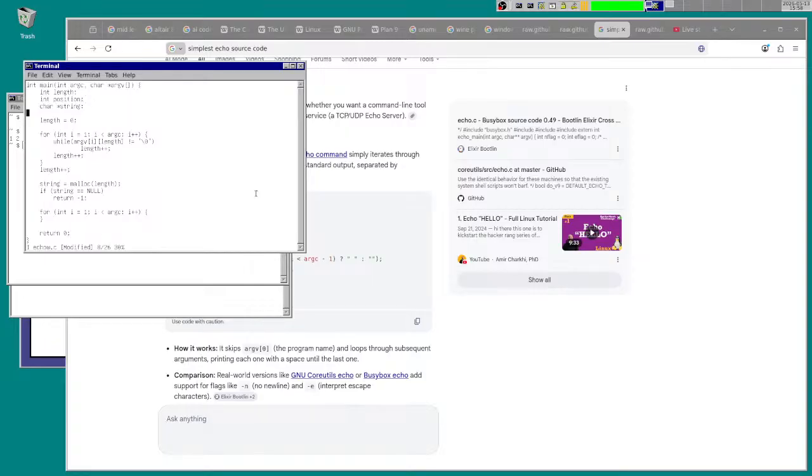So we have another integer called position, and we start at position 0, and so while argv[i][position], let's see.